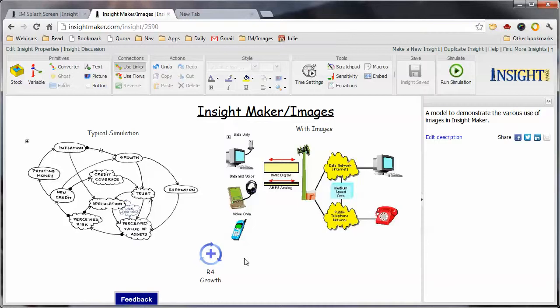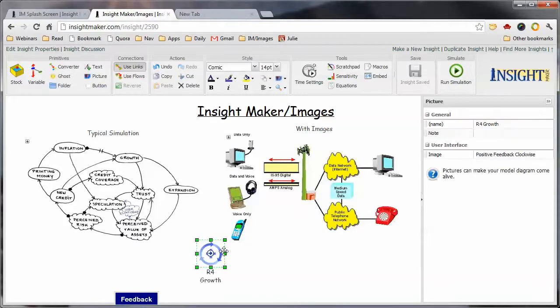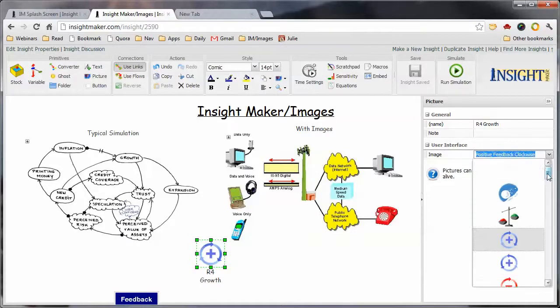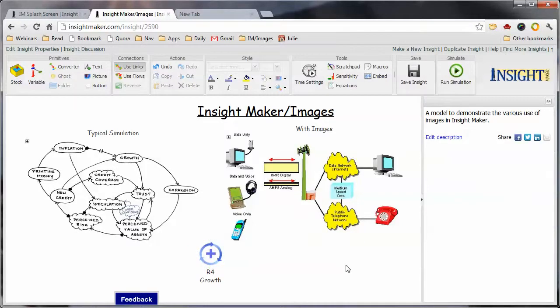Though as we moved into looking at doing other types of diagrams in Insight Maker, we realized that simply allowing for reinforcing and balancing loop structures was kind of limiting. So we added the ability to assign a number of additional images to the picture element. Though very quickly it became apparent that there were tons of pictures that people might want to use, and there's no way that we could identify what they all were and manage them. So what happened was